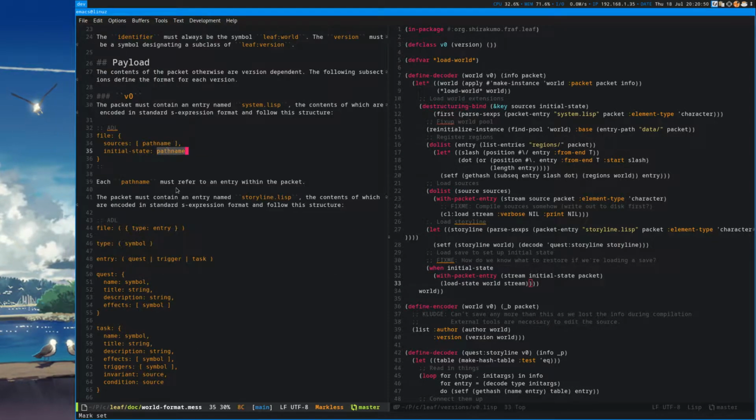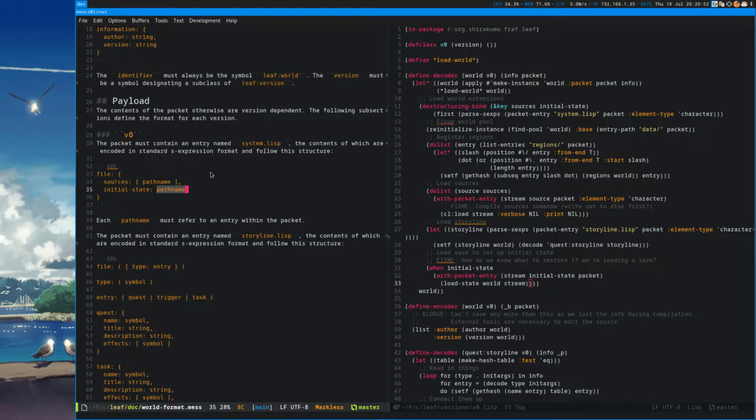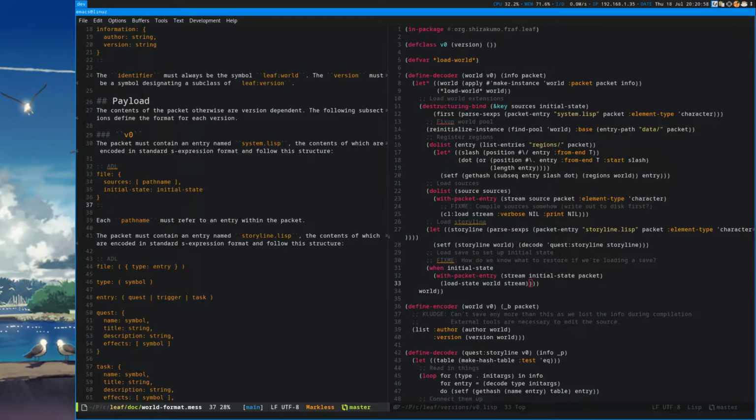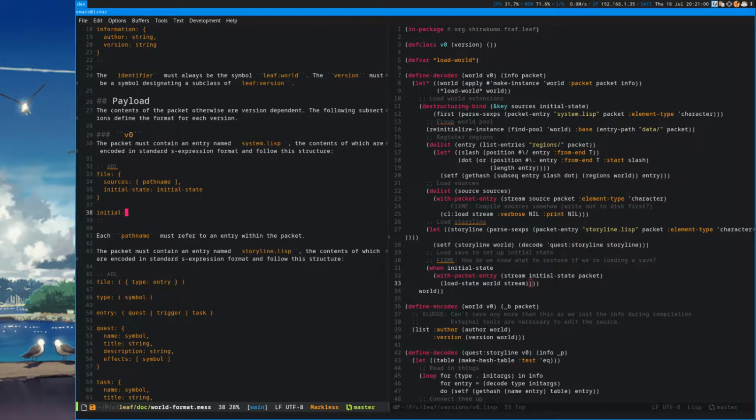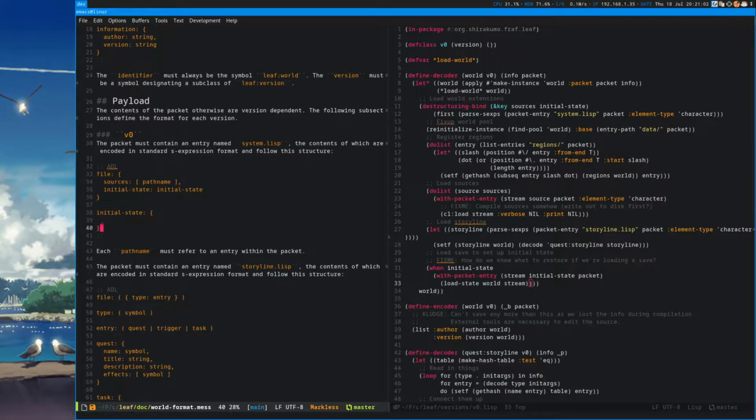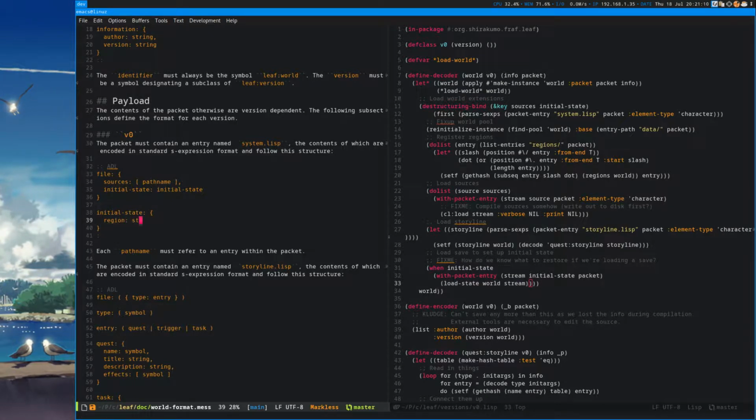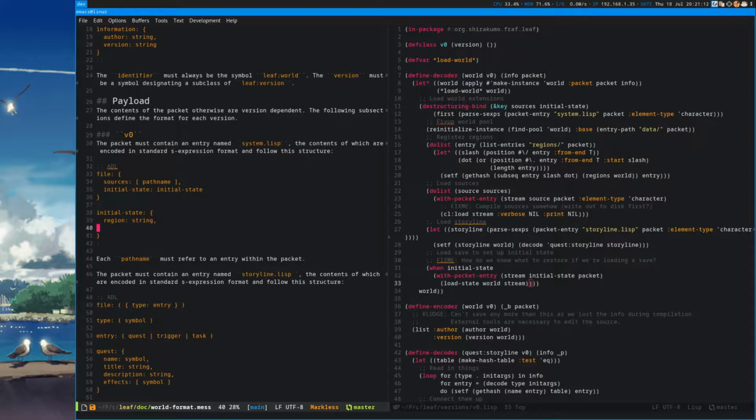Alright, so this should no longer be a path name to an initial state. It should simply be an initial state object, which has a region, which is a string name, or actually that can be a path name.